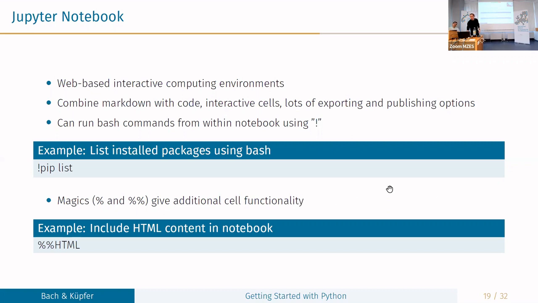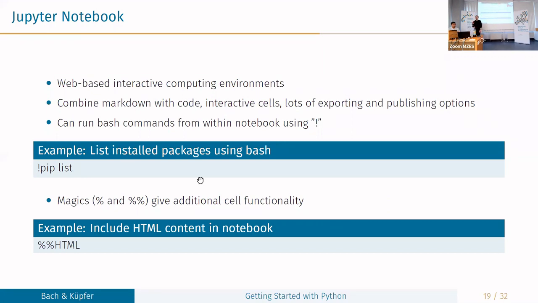You can include those in your notebook cells by including this exclamation mark. So if I want to use bash commands inside my notebook, I would simply include them with this exclamation mark, and then I could run them.